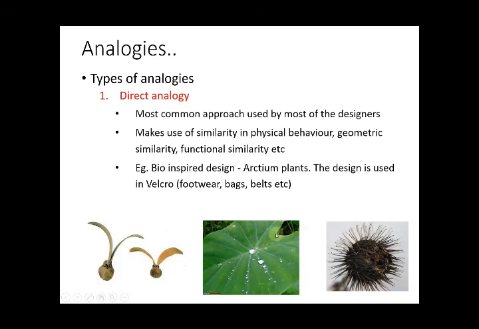Similarly, for such leaves, very commonly found in our state, you might have observed that when water falls on this leaf, it will not stick, it will just be like a droplet, and if we tilt this leaf, it will just fall down. So it has a wax-like coating on its surface, and the same principle is used for making umbrellas.